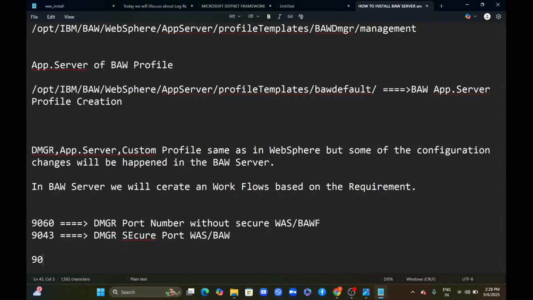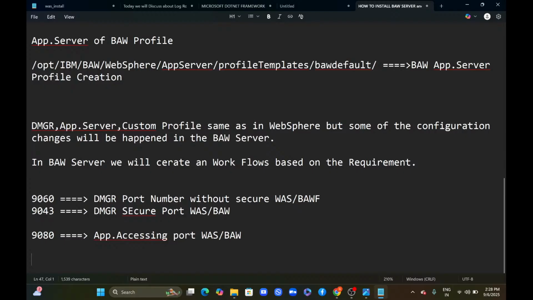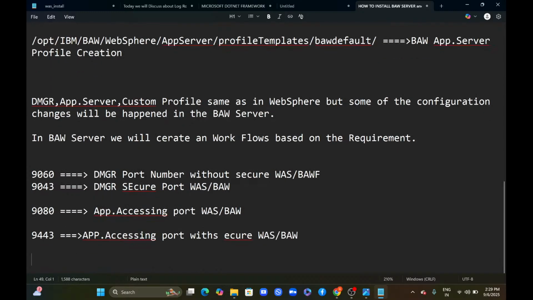And 9080 is the application accessing port, either WAS or BAW. 9443 is the application accessing port with secure, WAS or BAW. Okay, and these port numbers we will configure under